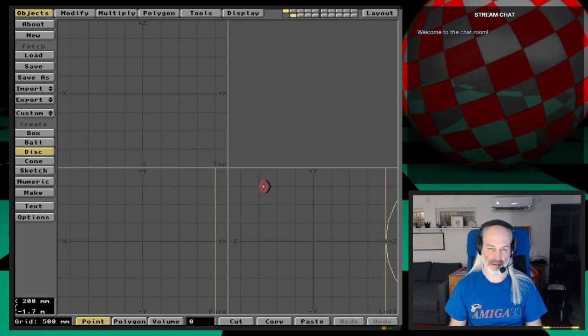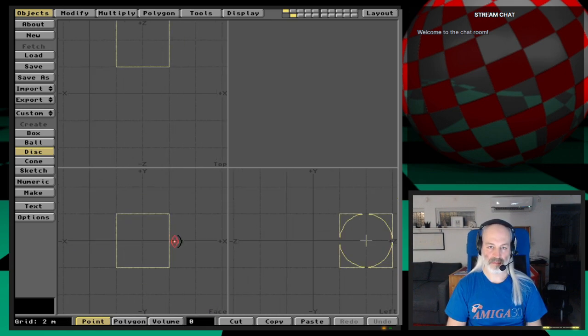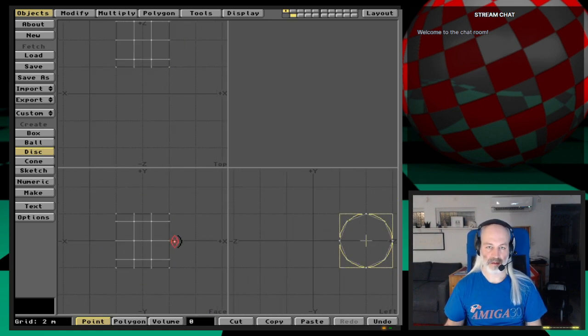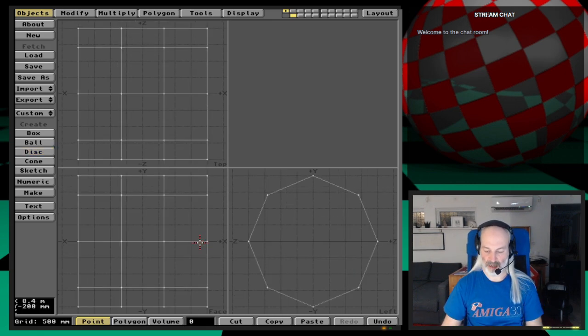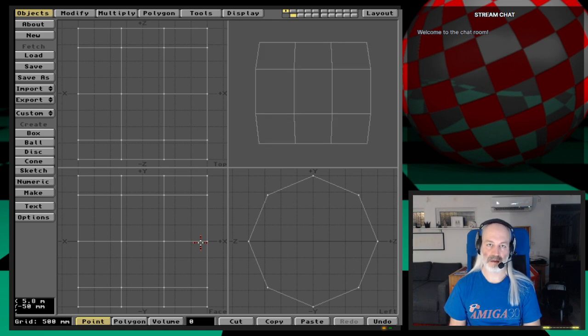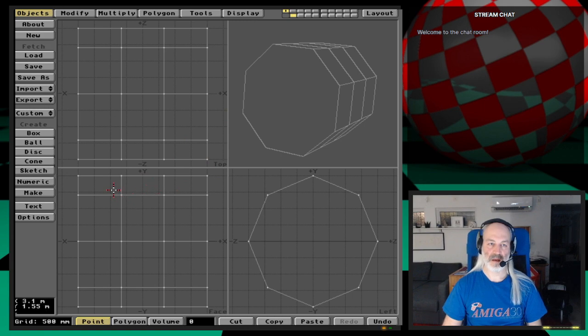There, let's see what I am creating right now. There. So this is my octagonal cylinder, if I may name it just like that. Okay. Now what I'm going to do about that,